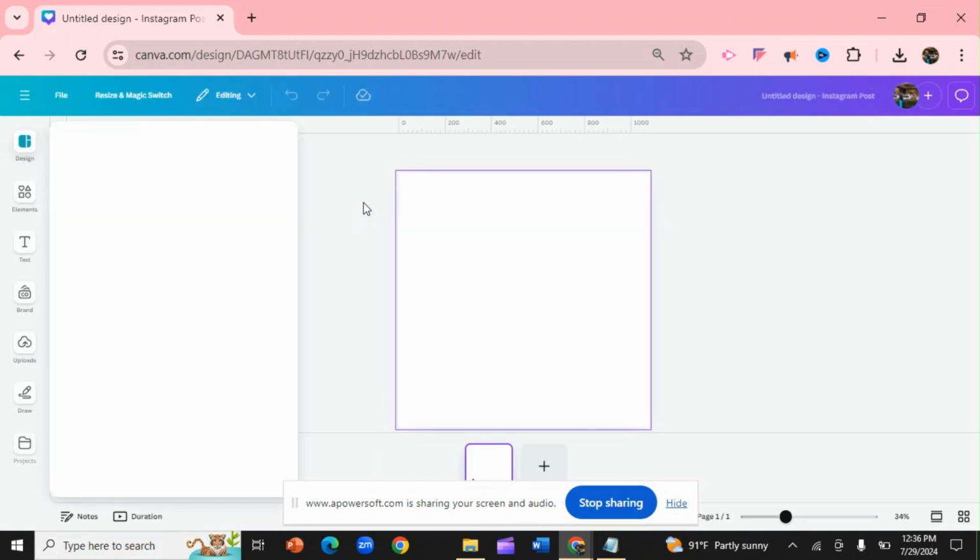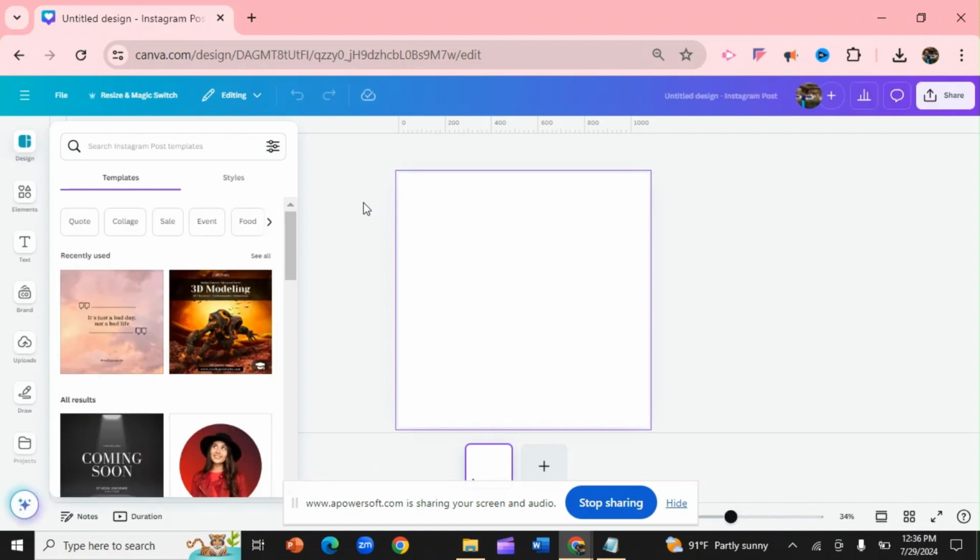Now, what we are going to do is we have to keep our image ready, which we are going to use as a background. So what you can do with this app is the text which you're going to add will take up the background of the design. So it's a wonderful tool to use. So let us see.